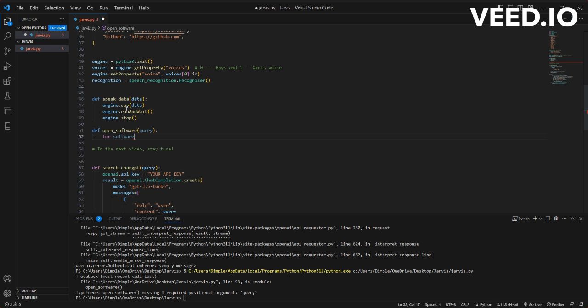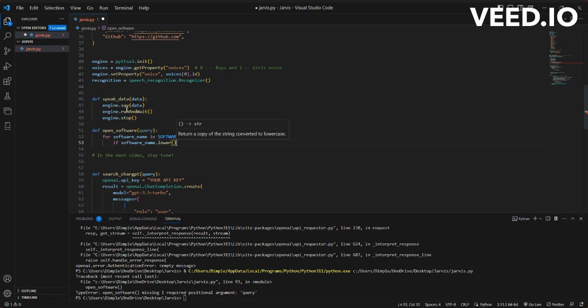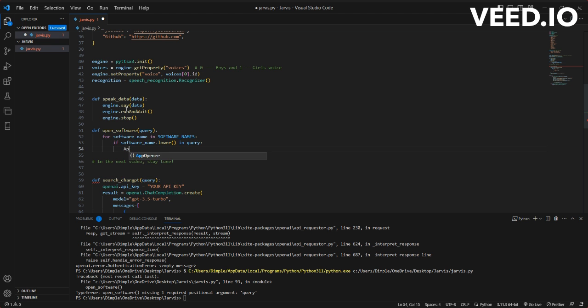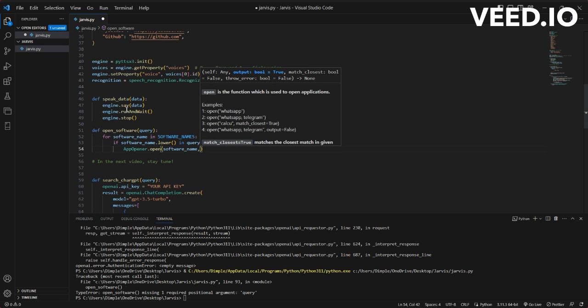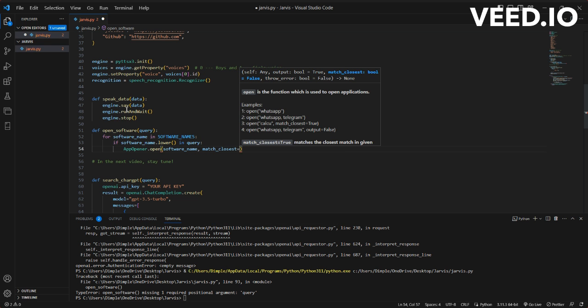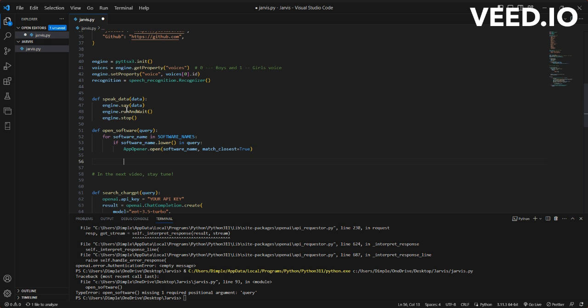For example, chess corresponds to the URL https://chess.com. The open_software query function takes a query parameter and searches for software names within the software_names list. If a match is found, ignoring case sensitivity, it prints the name of the software and attempts to open it using the AppOpener.open method with the match_closest parameter set to true, which finds the closest app on your device which